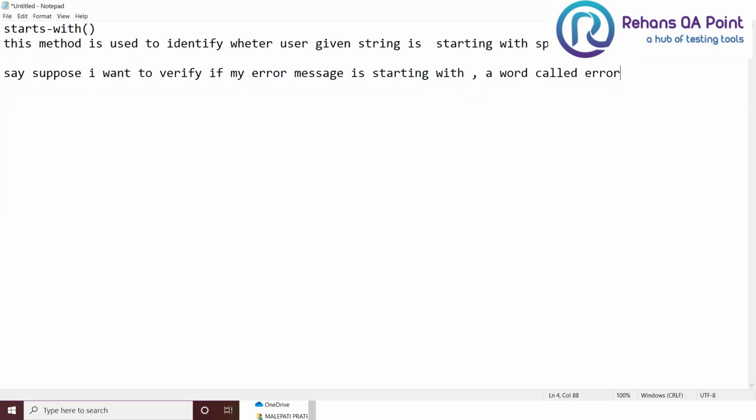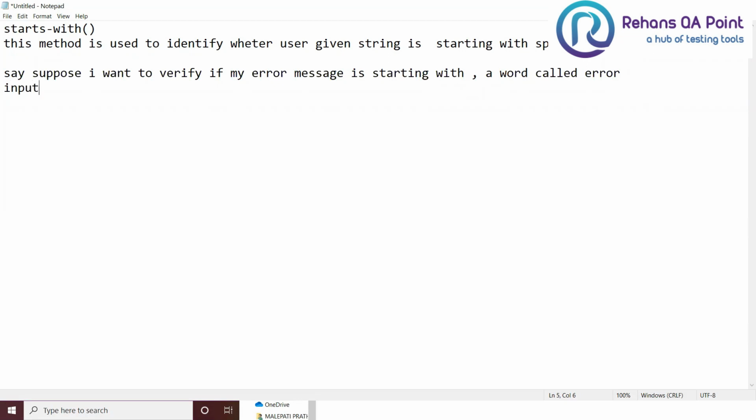We often do that when we do Selenium automation or API testing, right? We'll be getting responses from the APIs, messages like error. Only if that is starting with error, I want to go for my text comparison, else I would not like to. In such cases, we'll be using the startswith method.